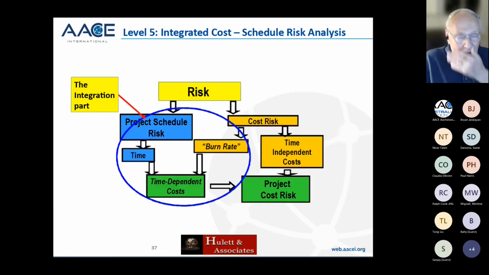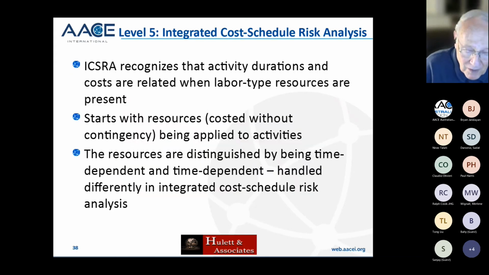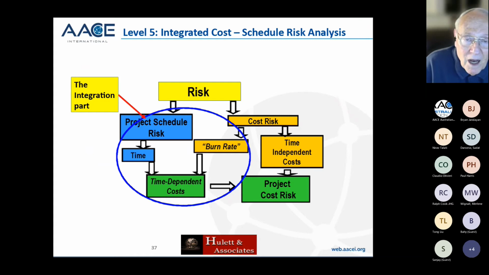Okay, now I want to go to level 5. Level 5 is the maximum for me and for the project software at this point that we can talk about anyway in this model. You can see in the blue the project schedule risk and time risk. That's what we've just been talking about. On the right-hand side, the tan stuff is cost risk, and that has two components: time-independent costs, which are things